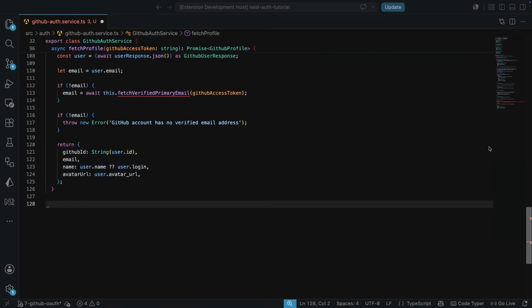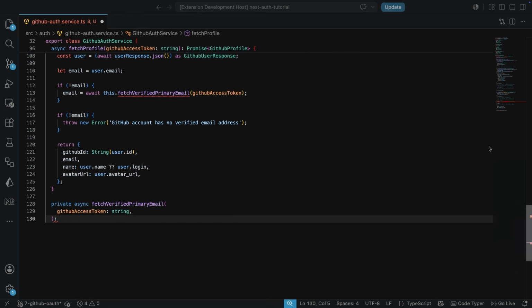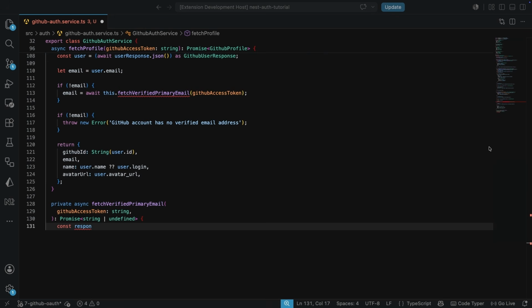Now let's implement the fetch verified primary email method. So it's this private async method here, which is going to take in the GitHub access token string. And now we are going to expect a promise that resolves to a string or undefined, which might give us some warnings later. So the response is awaiting fetch, and the URL is